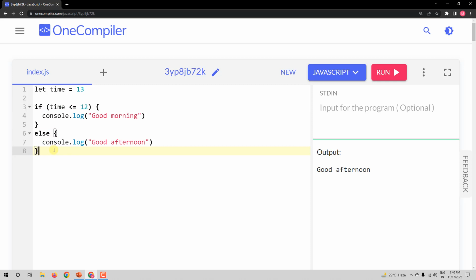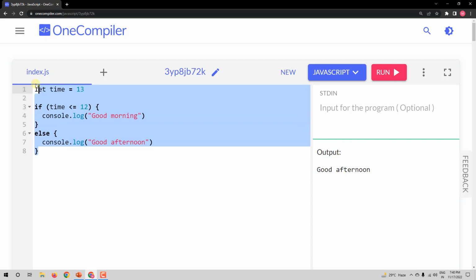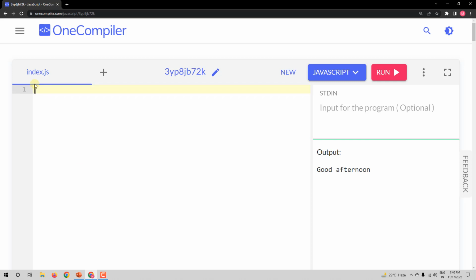Now let me continue. Let me delete this. I'll say const math marks is equal to 28. And now I'll say if math marks is greater than or equal to 40, then